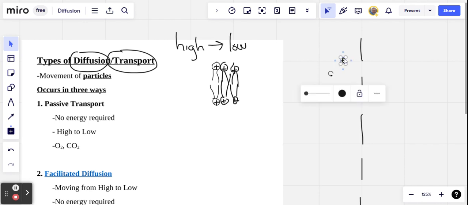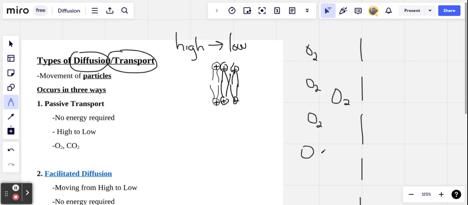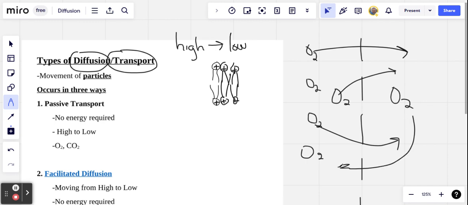Let's get this here. Okay, so here we're going to have O2 on this side. If this was the outside of a cell, we had all these little O2s out here. And on the inside of the cell, there was 1. Okay, and you have 1, 2, 3, 5 over here. So then this O2 is going to come in. This O2 is going to come in. It's going to give it 3. And this one might not realize it, and it comes in as well. Then we're going to have another one go out. But in the end, they're going to go back and forth until they're all the same,